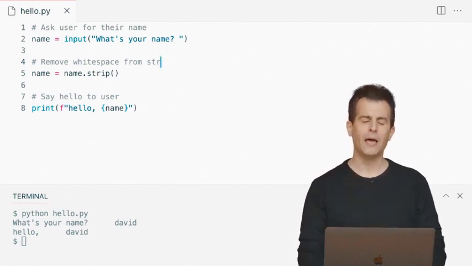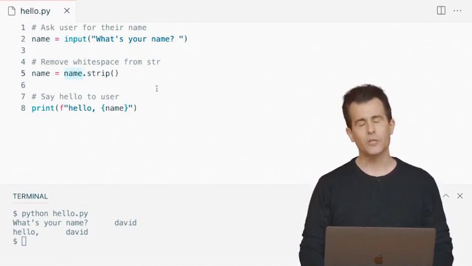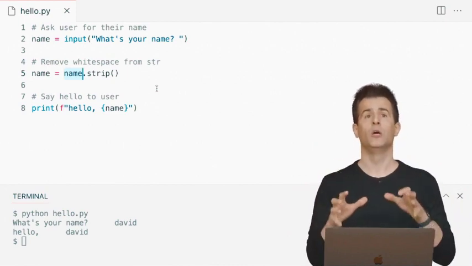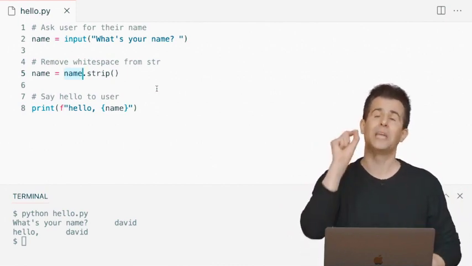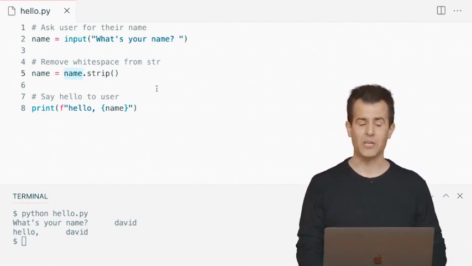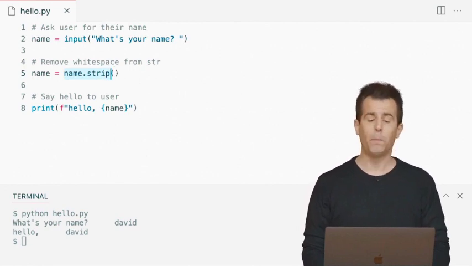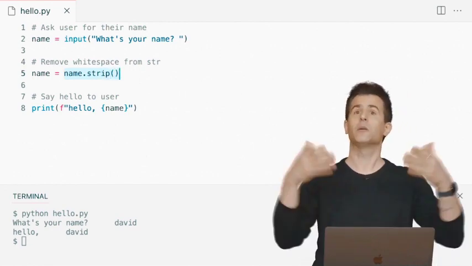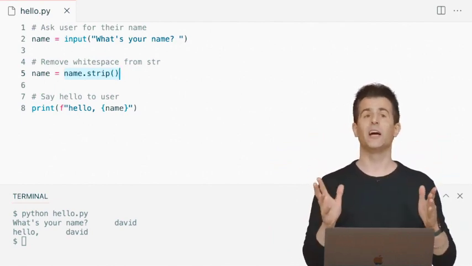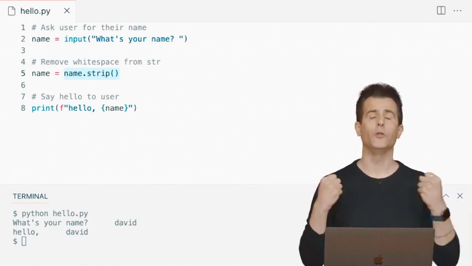And what do I mean by that? Well, if name is a string, aka str, it turns out, according to the documentation, there are a lot of functions that come with strings in Python. And you can access that functionality by using the name of a string, like literally name here, then a period, then the name of the function, and then an open parenthesis and a close parenthesis. Maybe some arguments inside of those parentheses, but in this case, it doesn't need any arguments. I just want to strip the space from the left and the space from the right of the user's input.